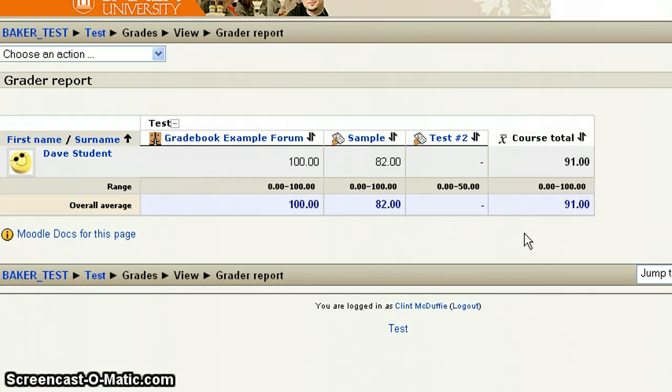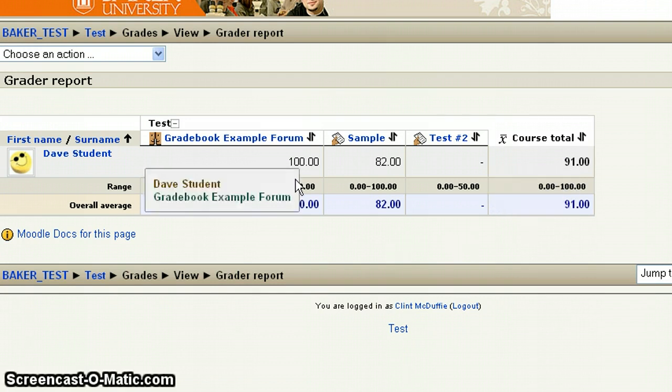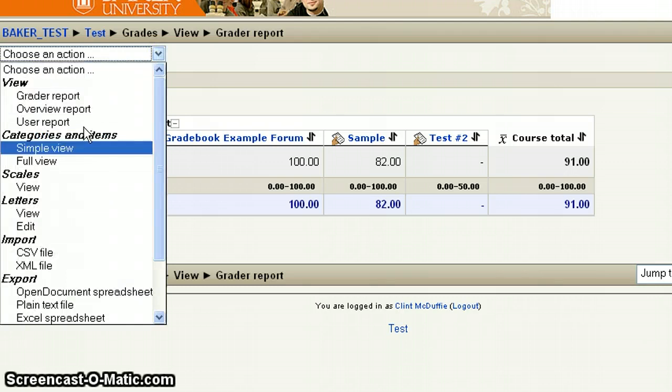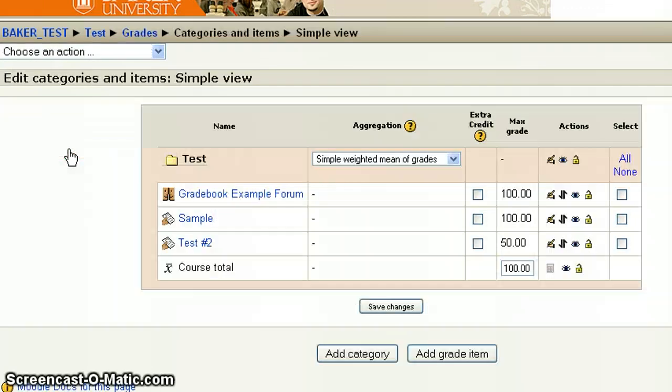Okay, so the way to do that, the first thing we need to do is change the course total to reflect the total amount for the course. So if you come under the choose an action, drop that menu down, we're going to go to simple view. Alright, this view gives you a couple different functionalities in it,